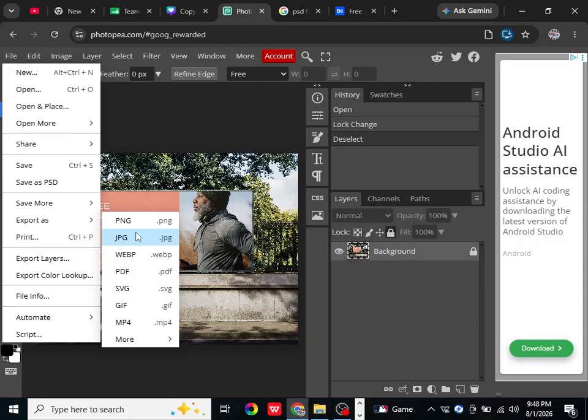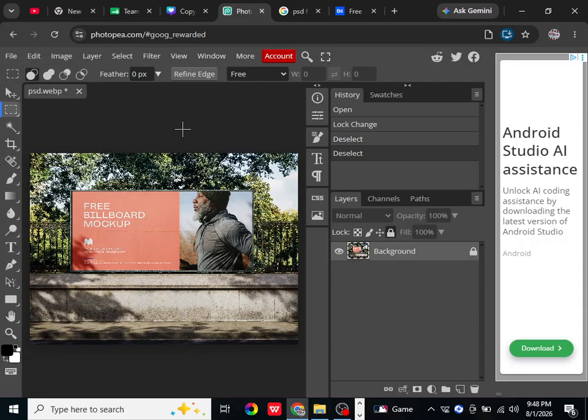Click Save, choose a location on your computer, and your transparent PNG image is ready to use anywhere you need it. And that's how you can make a